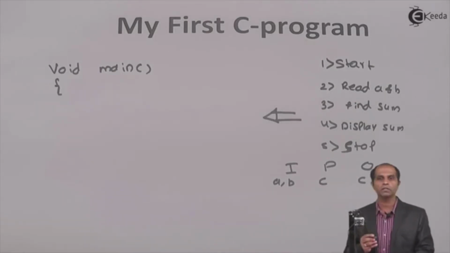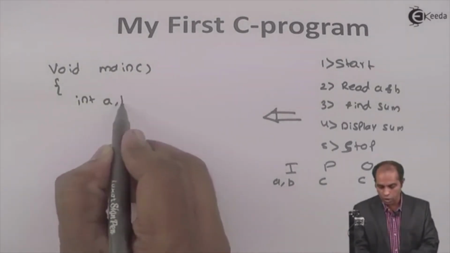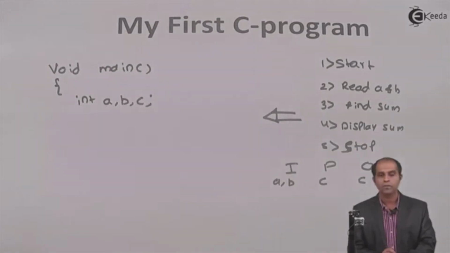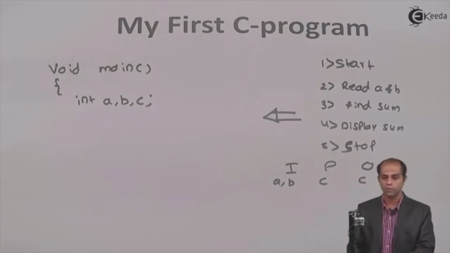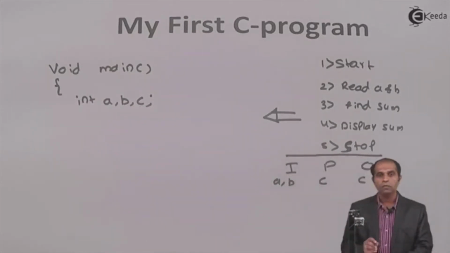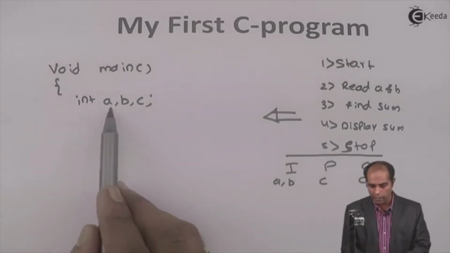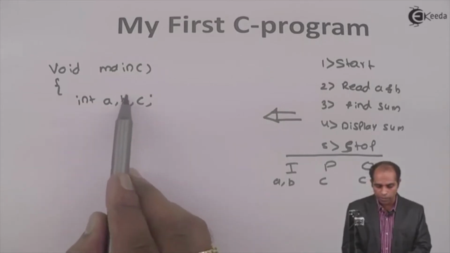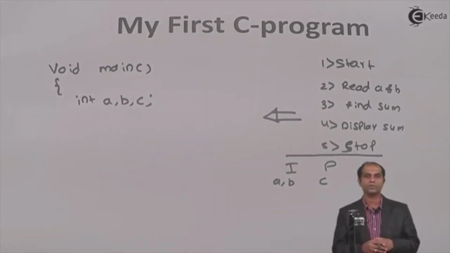If I am going to use these variables, I should associate a type. Let's associate a type as int for our convenience. So, let's declare these instructions as int space A, comma B, comma C. That is our first instruction, that is the declaration instruction. Now, this declaration instruction will not have any role in this particular algorithm. A declaration instruction is purely with respect to the language, nowhere related to the algorithm. When I say int A, comma B, comma C, it means that I have declared variables of type integer and the quantity is 3, and I place a semicolon, which means the first instruction of our C language.